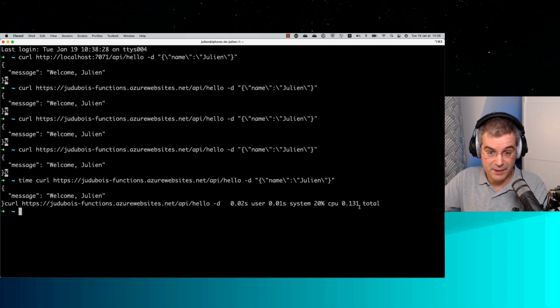We'll try to experience some cold starts. The issue here is that you cannot plan them. Basically, Azure is going to shut down my app after some time. Unofficially, it's 20 minutes. So we can wait, we can try to force it, but it's a bit complicated to force it. Basically, my experience is that it takes a few seconds, like I would say 6 or 7 seconds to have your app running.